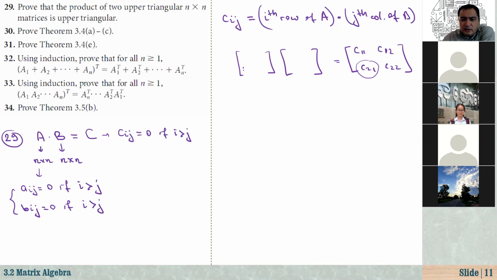C21 means I need to multiply the second row by the first column, right? That is how we get this. And how about C22? We need to multiply the second row of the first matrix by the second column of the second matrix, right? And that is how we define the multiplication of two matrices, okay? So here, ith row of A dot jth column of B, okay? So here,